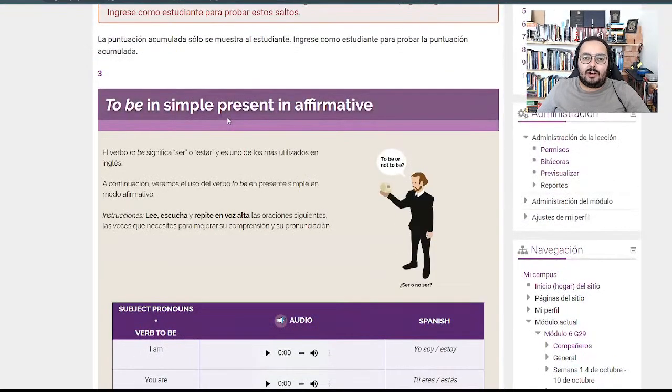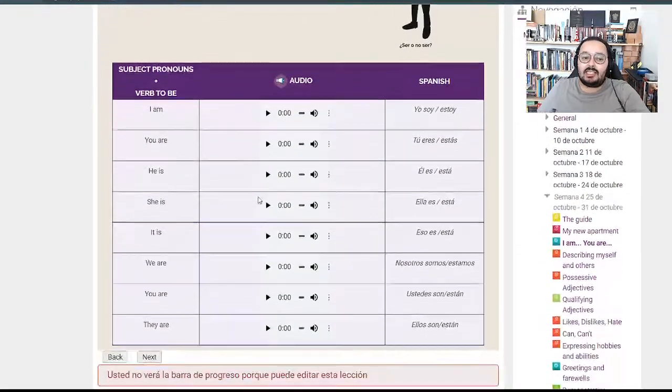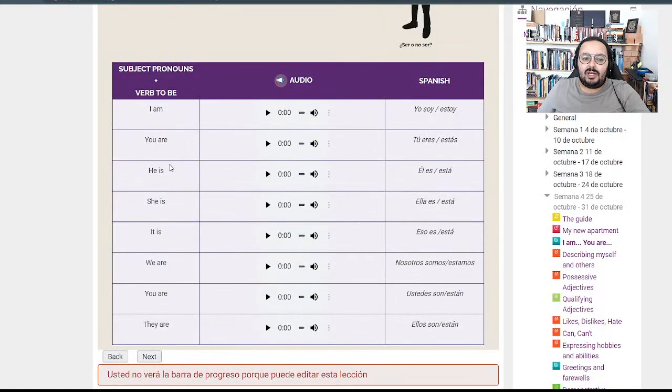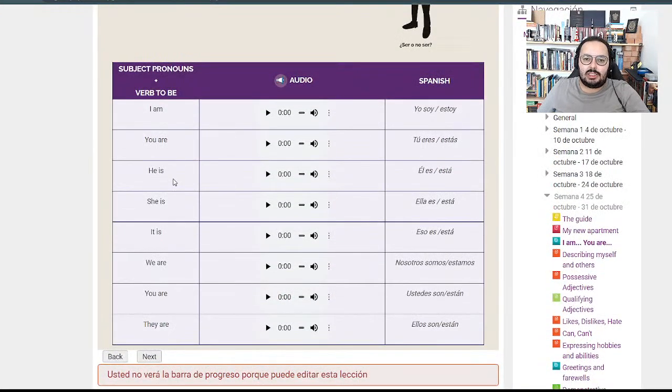Okay, so remember, the verb to be has 3 conjugations: am, is, and are. And am is only used with the personal pronoun I. Are is used with the personal pronoun you and the personal pronouns in plural, which are we, you, and they. And the conjugation is is only used with the personal pronouns he, she, and it. Okay? So we cannot mix conjugations and personal pronouns. There is a rule and we must follow that rule. Because if we don't follow that rule, our English will not make sense.